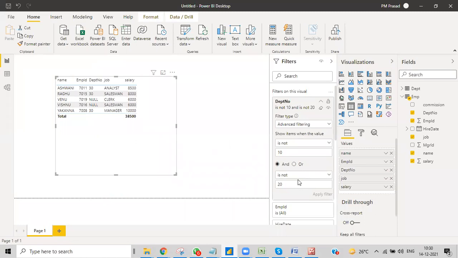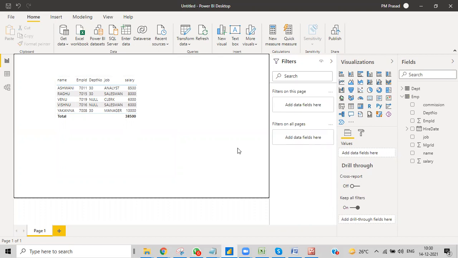These filters are used anyway. Even after 3 to 5 years of experience, you'll do this whenever they want to make a filter on a particular visual. Then obviously you do that and display it there. Okay, any doubts? Not in this session. Yesterday, do you have any doubt?